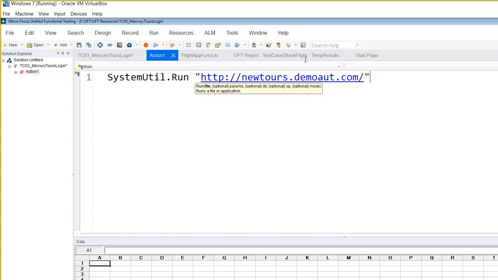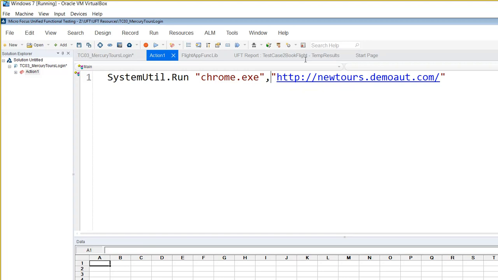By default, if you do not put anything, it will be opening with Internet Explorer. If you want to open it with Chrome, you need to put something like this. Here you will have to put, let's say, chrome.exe, and then here you put this. Okay, now if you run it,